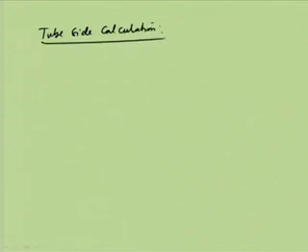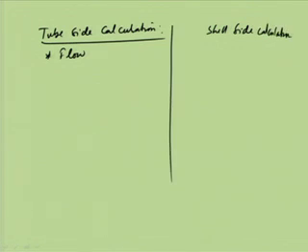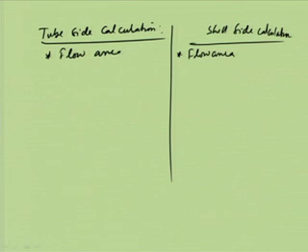Then we have shell and tube side calculation. In tube side calculations we have to find out the flow area. That is also for shell side calculation, so we have to see side by side shell side or tube side calculation, flow area, then we have to find out the mass velocity,